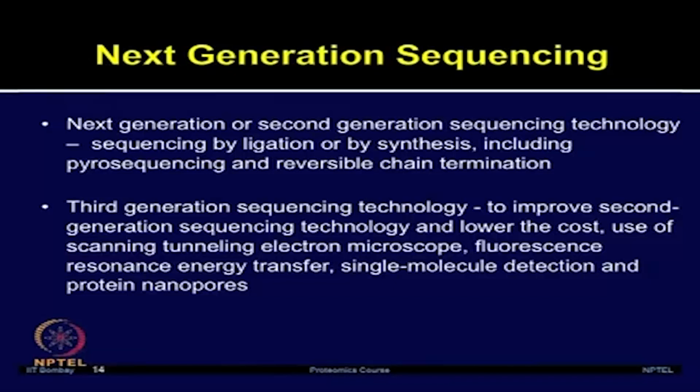So, traditional sequencing, which we discussed earlier, including Sanger's chain termination method as well as the chemical method of Maxam and Gilbert in 1976,